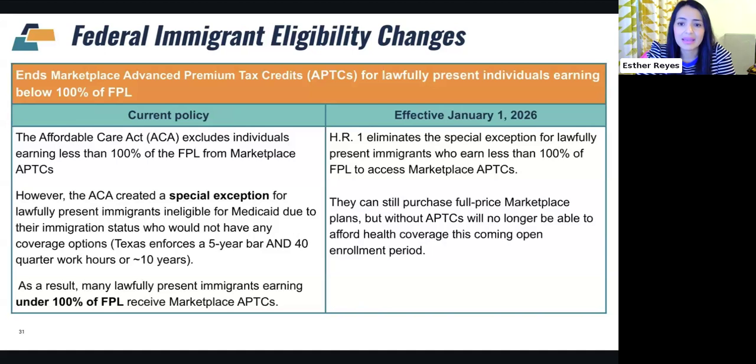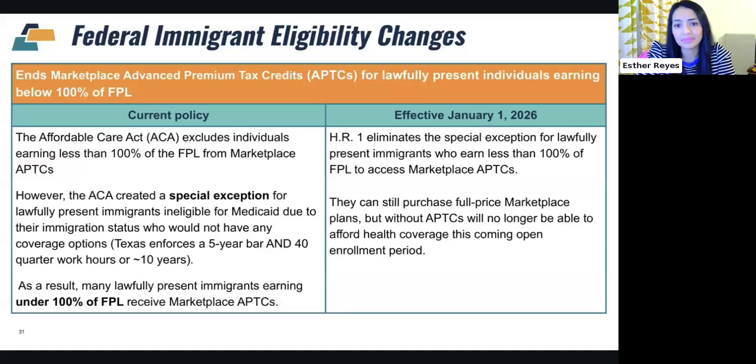And since the beginning of the ACA, or the Affordable Care Act, a list of lawfully present immigrants, which is the list on the left, and there's a link there for the full list, have been able to receive tax credits, just like their US citizen counterparts, to actually buy health coverage